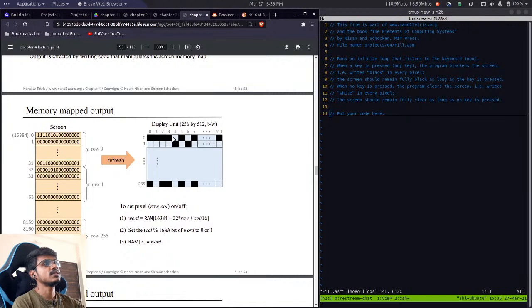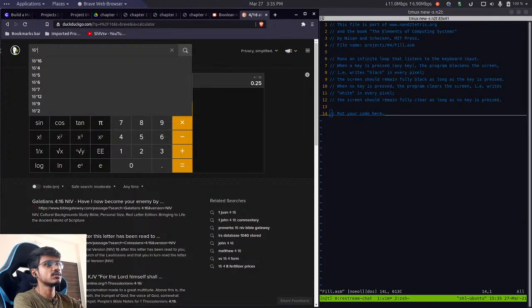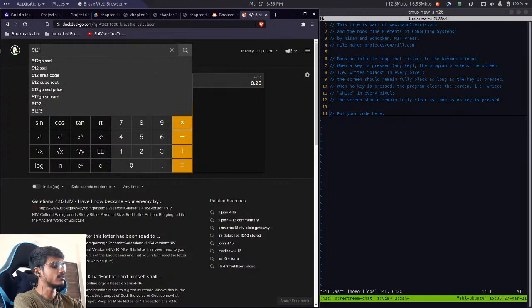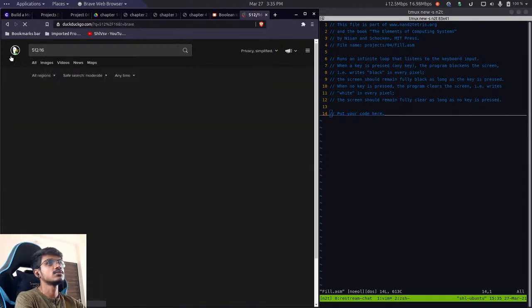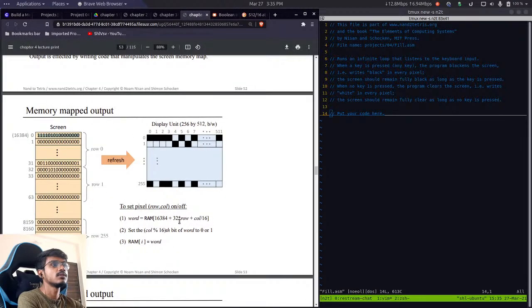So if we see, there are 512 columns of pixels in total in one row, and we have 16 bits inside one register. So 16 into, let's say we have 512 divided by 16, so that should be 32. So that's the reason we have 32 into row,